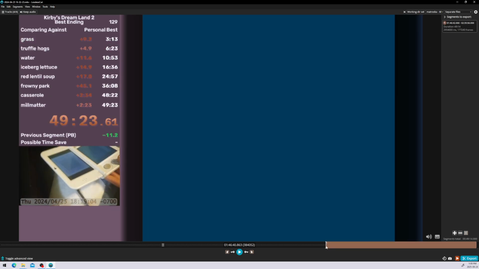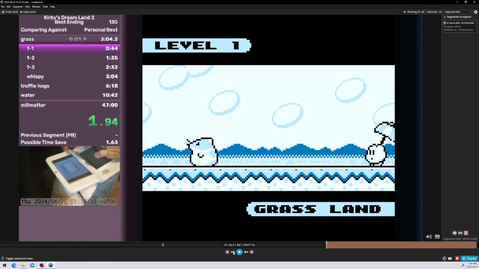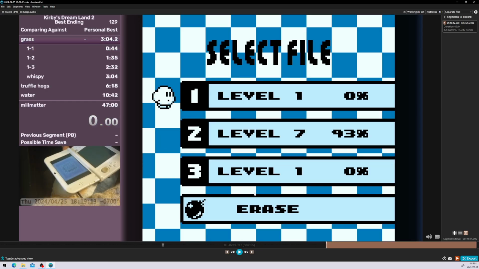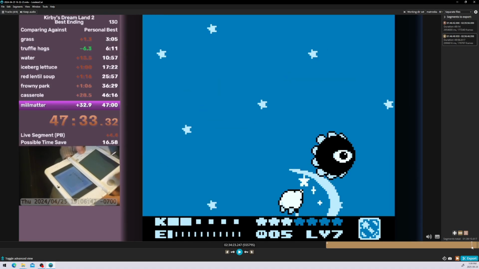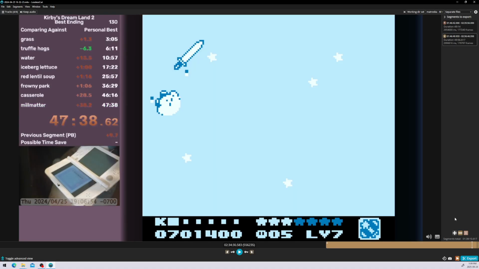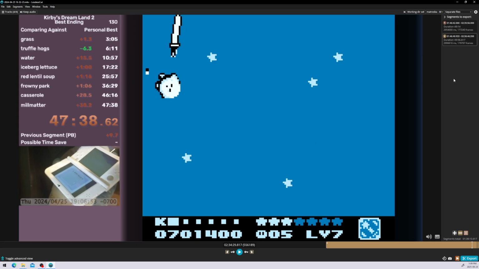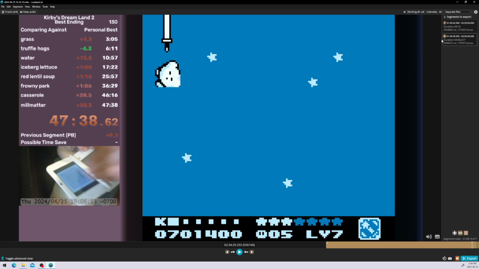Let's pretend that the time starts when I start the timer, even though it doesn't necessarily always do that. So I'm going to use period and comma to just go forward and back a frame until I find what I want. And I'm going to add a segment here with this plus button. And that just adds another boundary that you want to set for exporting, although we're not actually going to be exporting this other segment, it's just for finding out the duration of the run. So once the boss health here reaches 0, I'm going to stop my segment here.